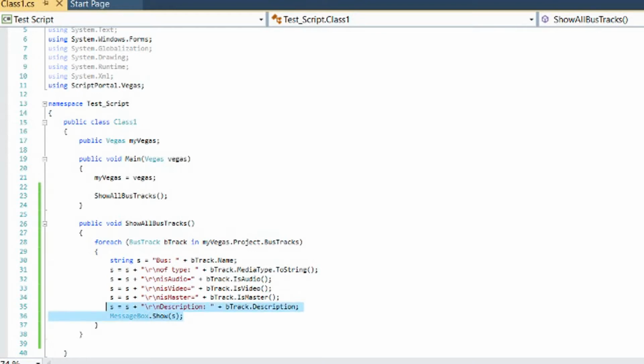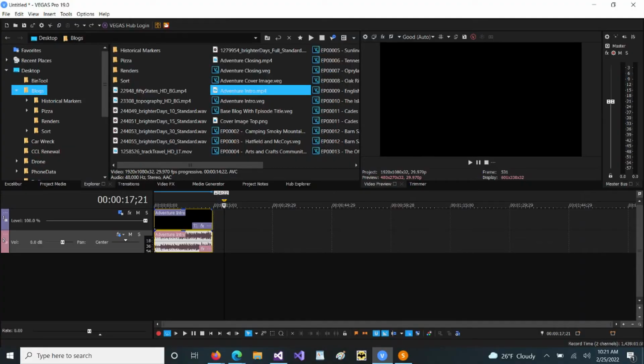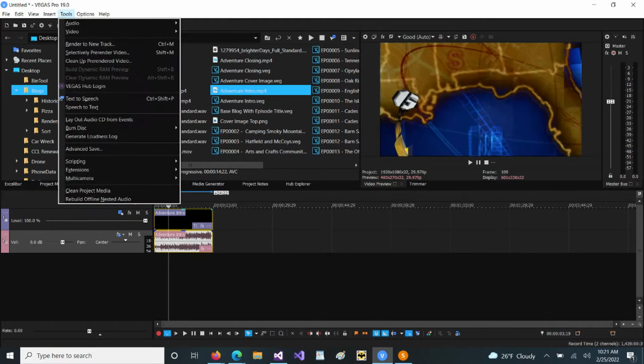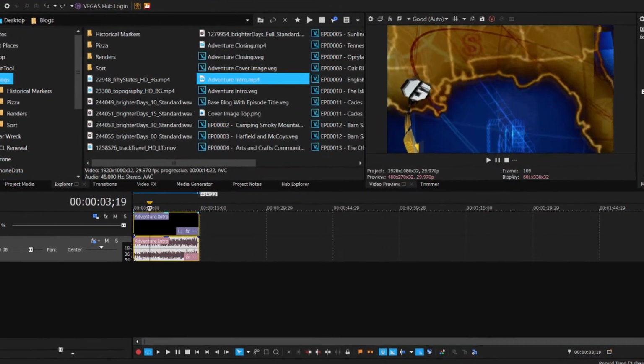So the first thing we're going to do is just run this calling show all bus tracks, and this is just going to show us all of the bus tracks that are in the project. So here I've opened a new instance of Vegas. All I have done is add a video to the timeline. Now let's run the script. So we run this script,